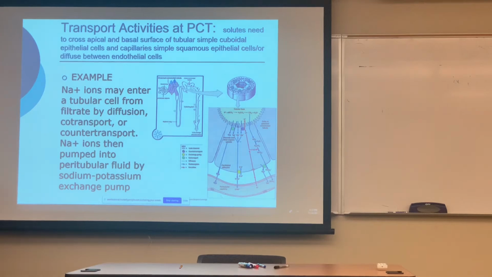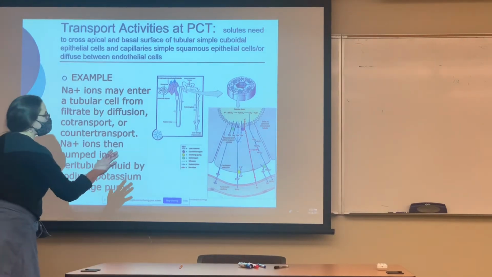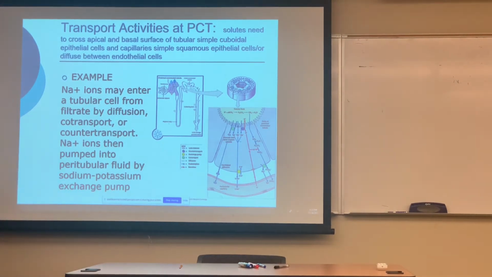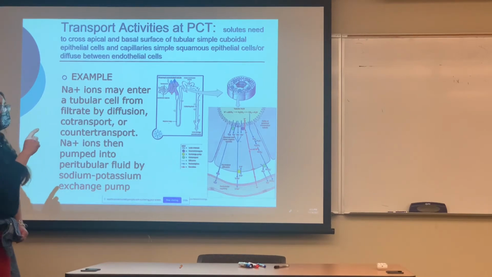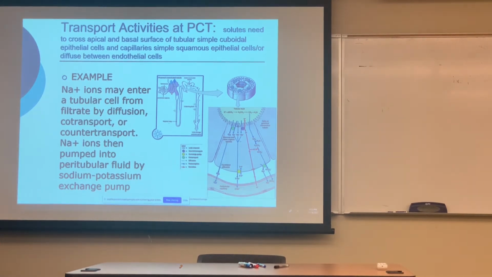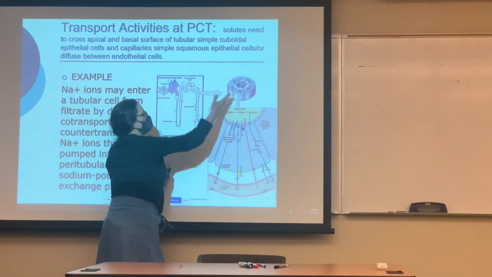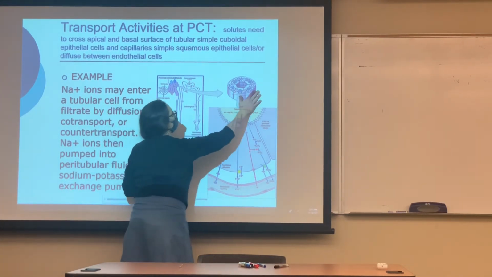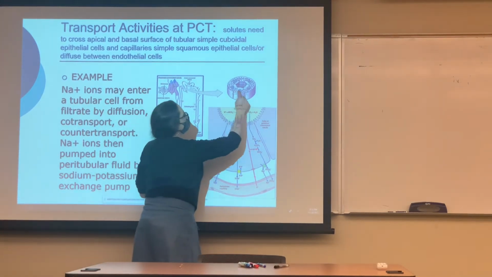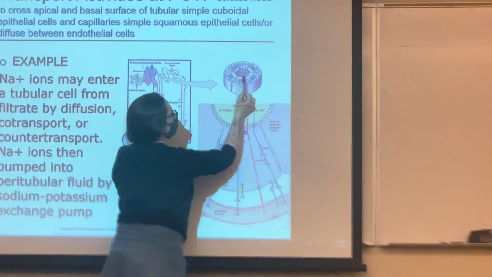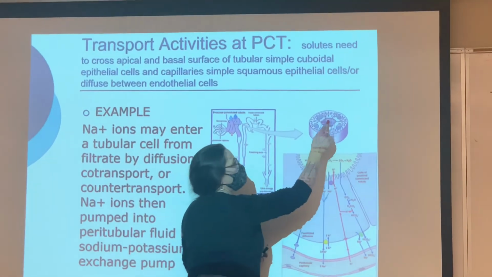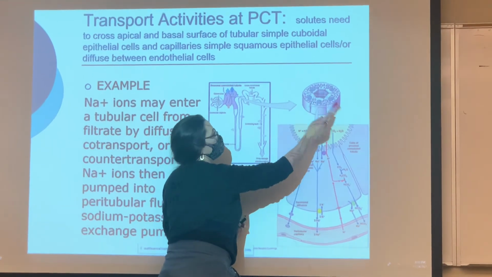The whole point of this slide is I just want you to visualize what you have to cross for something to get reabsorbed or secreted for that matter. We've already done this on the board, but I just want to go over it one more time so you see it on this slide. So let's say we're here at the PCT. Here's a cross section of the PCT. We've got simple cuboidal epithelia with microvilli on the apical surface. In here would be your tubular fluid or your filtrate, and then out here